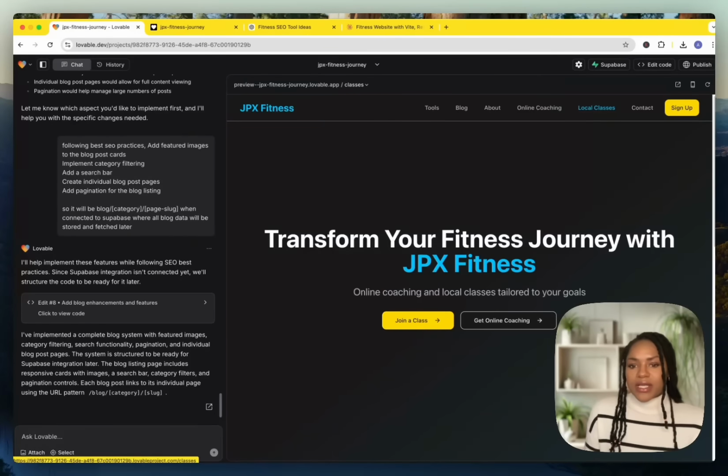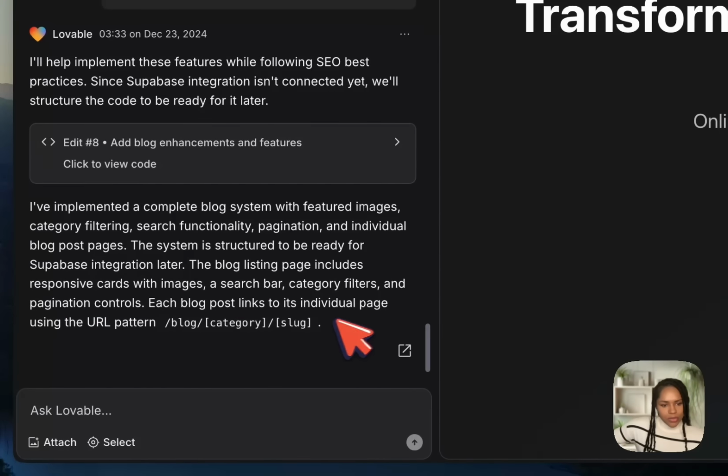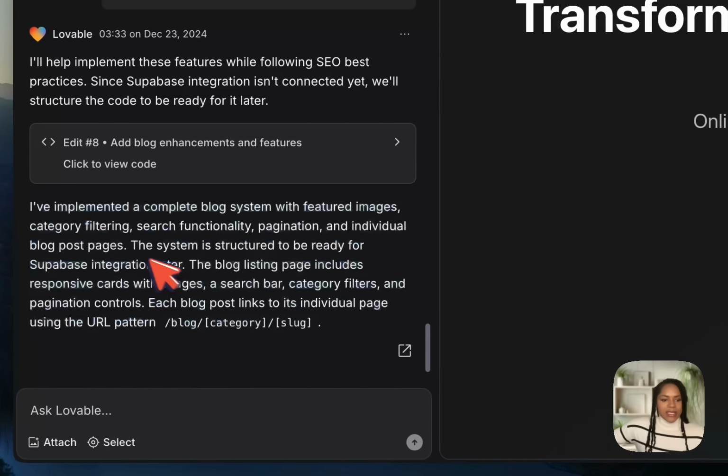Once I've got it to a certain point, there are things that I'll need to do in Windsurf, and adding those landing pages is one of those things. So I could get Lovable to build the template for those landing pages and explain to it what I want to do, which I'm doing here now with the whole blog thing. So it's already acknowledged what I want to do, which is make sure that the URLs are clean. So we've got blog, category, and slug. It understood that. It knows I'm going to be connecting it to Supabase later, which is why this is important,